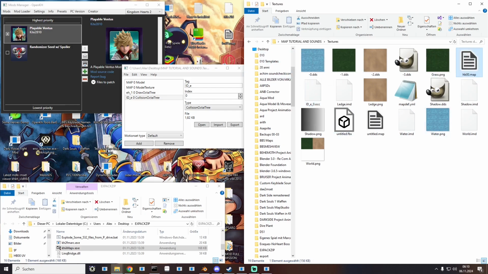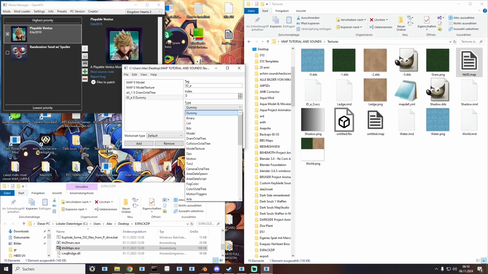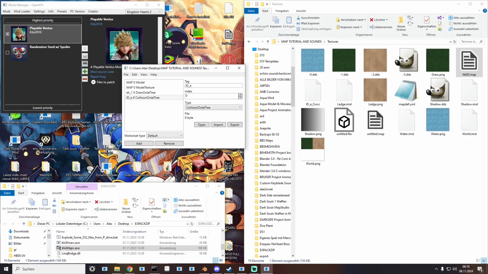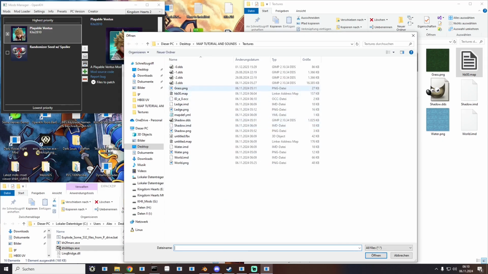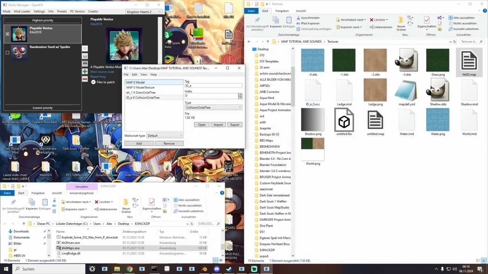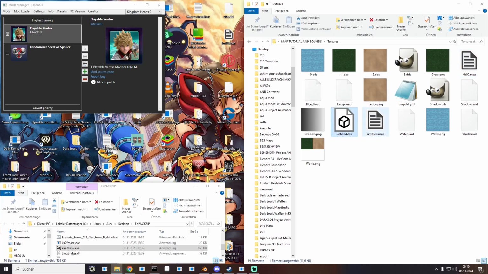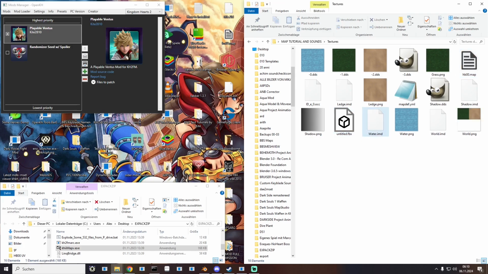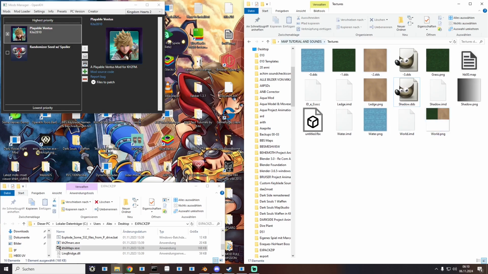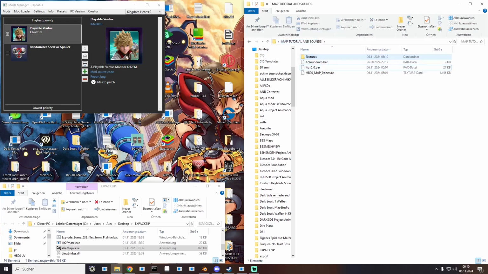Then we are opening our main map. This will generate a dummy, ID underscore E, and then collision octal tree, and then import. And our OCC. Then we are going to hit save. So, then we can delete this untitled map. Then we can delete mapdef. Then we are going to put,